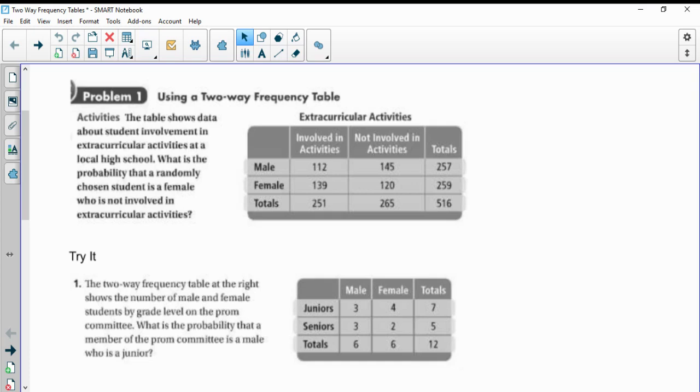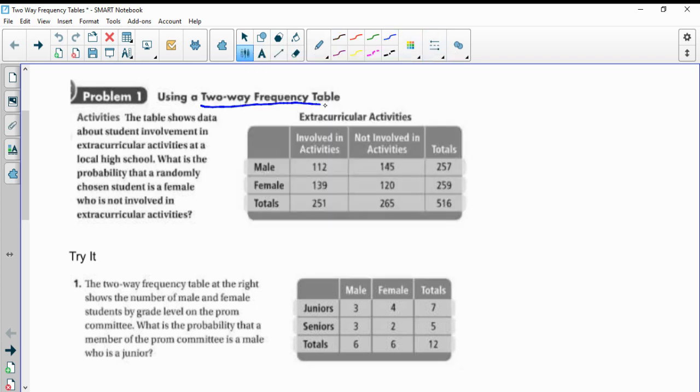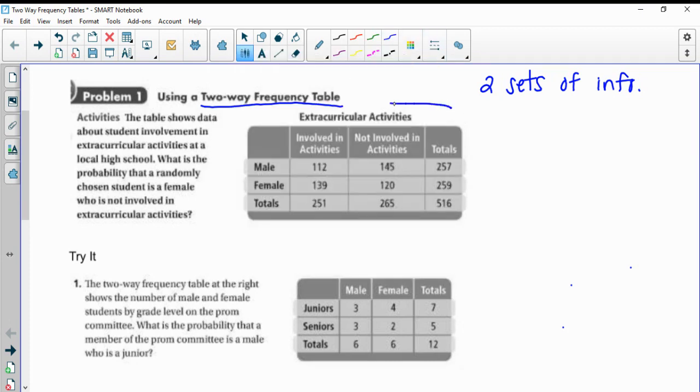Okay, the next kind of table we're going to talk about is what you see at the top of the screen. It's called a two-way frequency table. And the reason it's called a two-way frequency table is it tells you about two sets of information. Right, so if we look at this table right here, not even reading the question yet, but if we just look at this table,